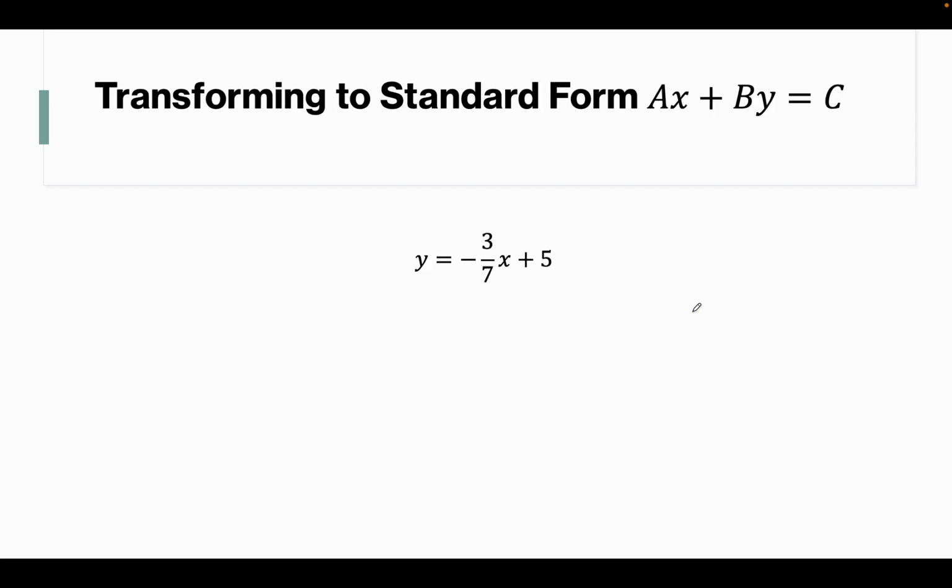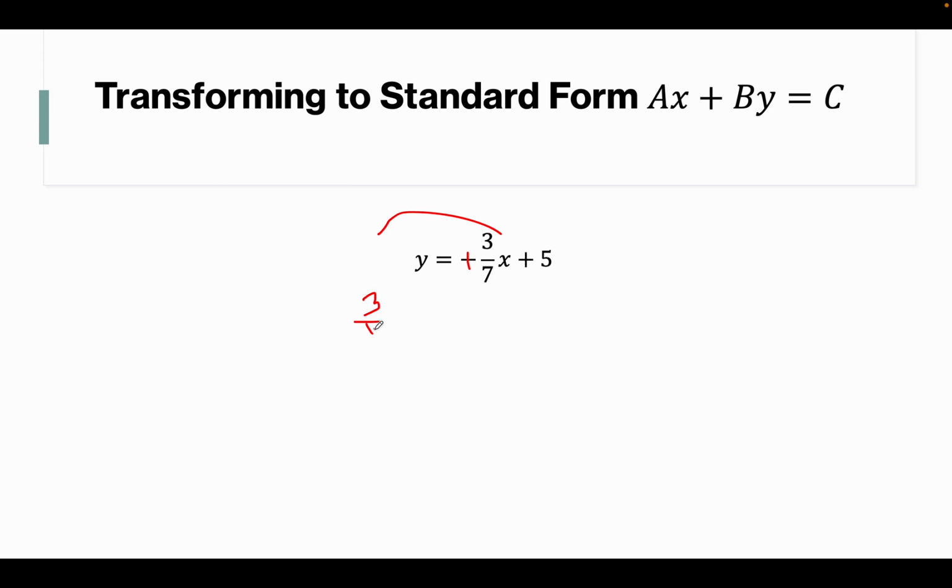Standard form can be really helpful, but sometimes it isn't already in standard form, so you have to actually put it there so that you can zero things out and figure out how to graph them. So in this case, I can change this all around so that it is in ax plus by equals c form, so it's easier to work with. I would want my x term to be first, right? Because that's what it is in standard form. So to do that, I would move this guy to the other side. I flip the sign, and I send it over to the other side. So that becomes